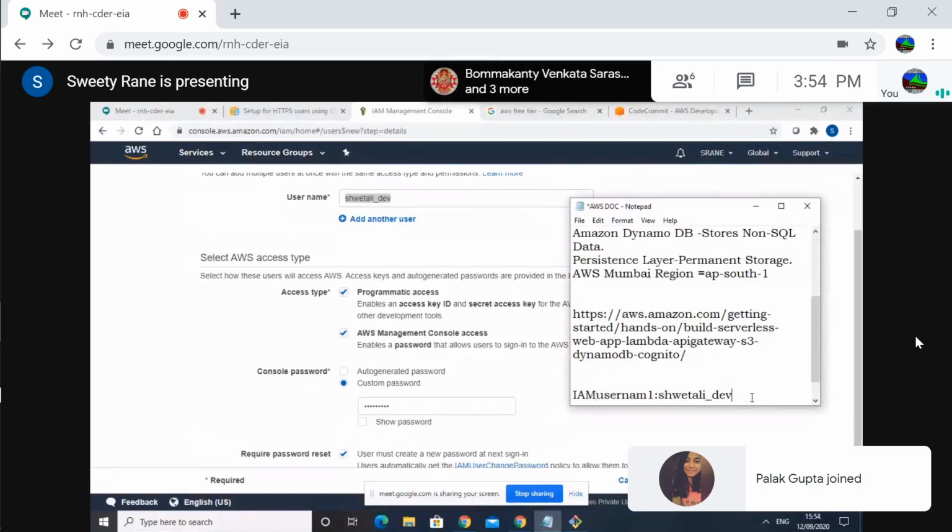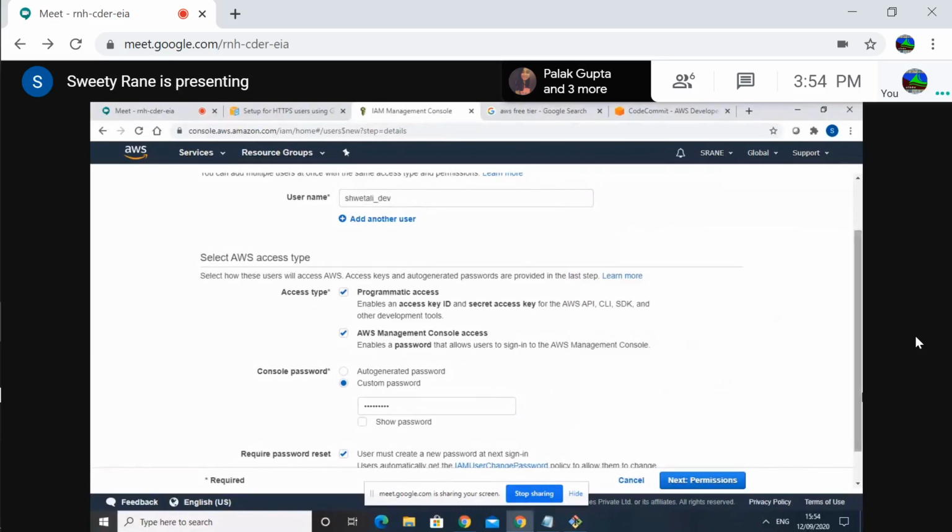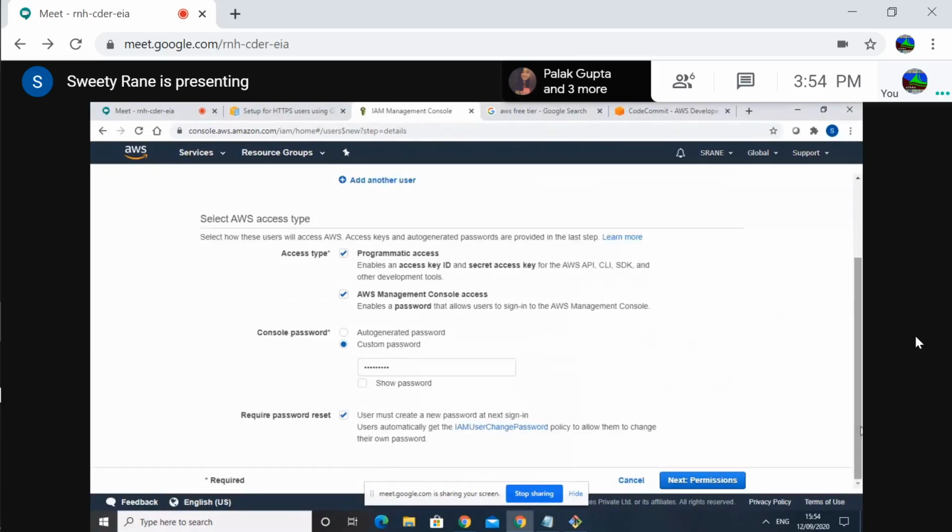Okay, don't forget the password. If you want to type, you type it, or you'll forget. And there's require password reset. No, disable it. Otherwise it will force you to change the password; you don't want to change the password now. That's why. Okay, next is permissions.